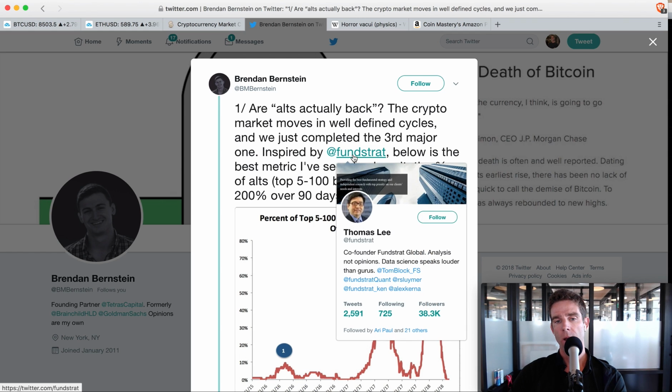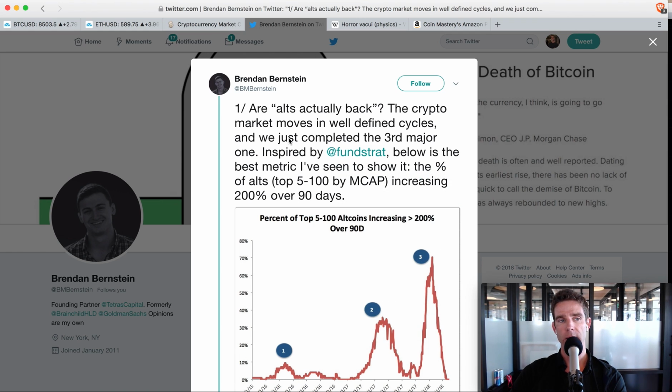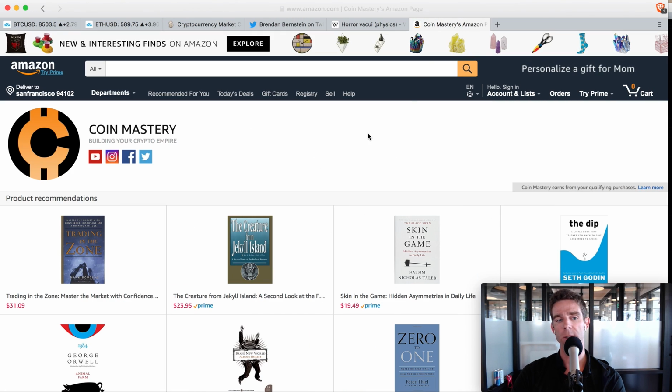Now, the last piece is about a psychological thing. It comes out of a book that I'm rereading. I read this book a couple of years ago called Trading in the Zone. It's a really, really good book. You can get it at